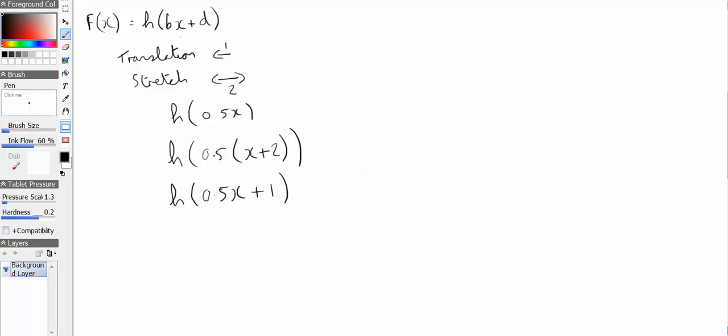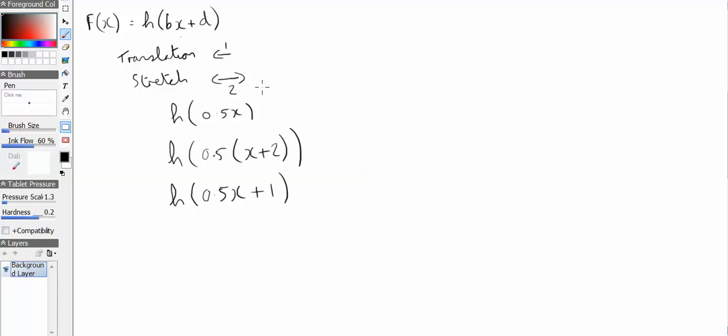There's been a translation of 1 to the left, and there's also been a horizontal stretch of 2. So it's this slightly weird one, isn't it? We have to do it in reverse: do the stretch, and then do the translation. So if you look here, if I wanted to do the stretch, it would be 0.5x to make a horizontal stretch of 2, and the translation